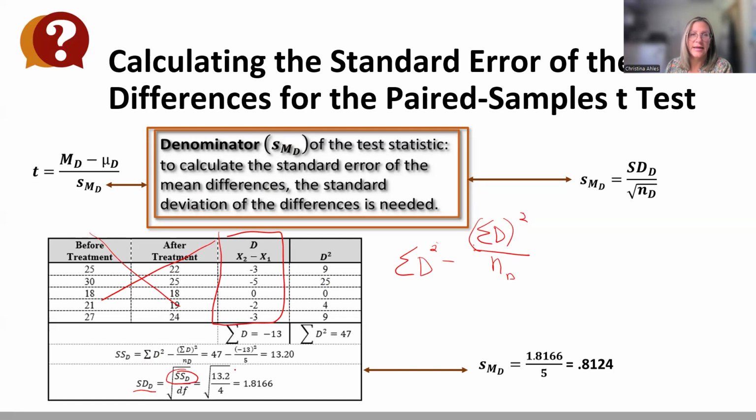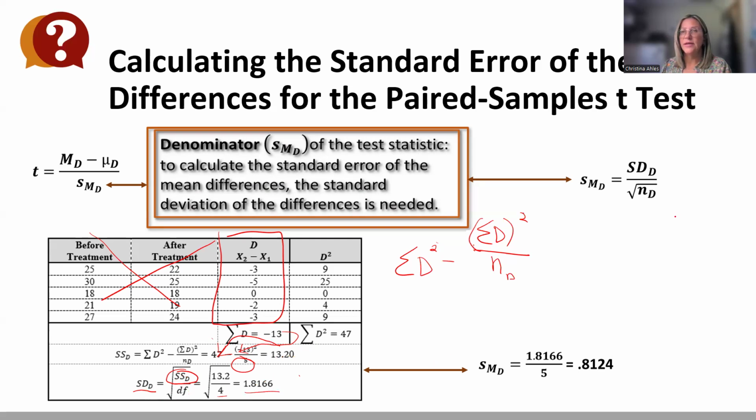You can see how it's plugged in: the sum of D squared here, and the sum of D in the numerator of that. And this is just 5, again, because there's only that one sample of differences. Calculate the sums of squares divided by the degrees of freedom, which is 4, and take the square root. The standard deviation is